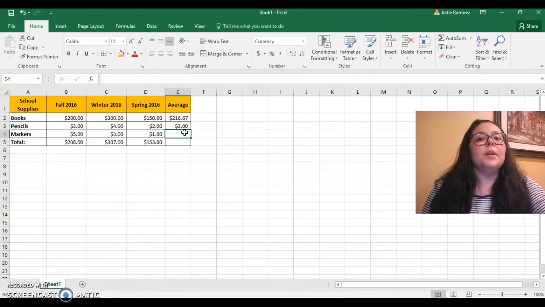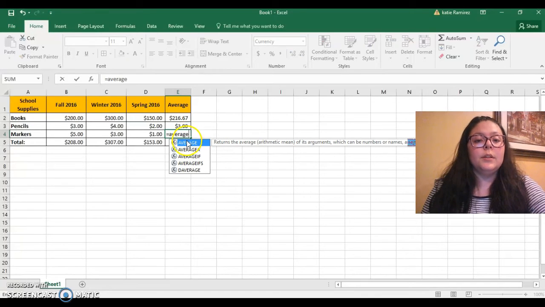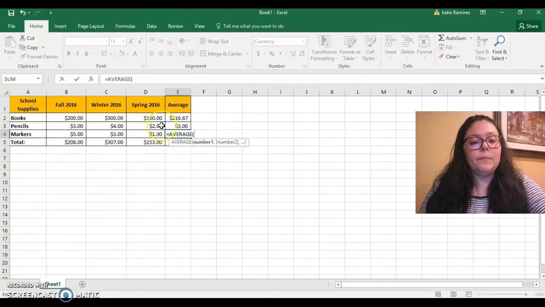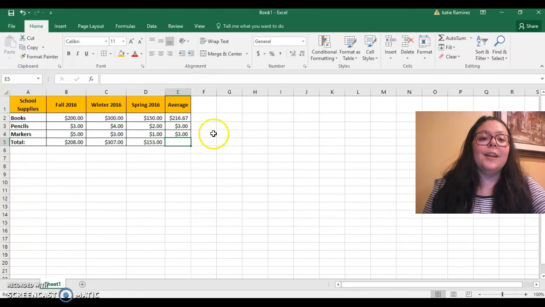But once again, let's say you want to learn how to write the function out manually. What you're going to do is type equal, write average, click it. You're going to see the bracket, and you're going to tell which cells you want to find the average for, which in our case is B4 colon D4. And you can always tell which ones you're going to total or find the average for if it shows that it's highlighted. So once you're done with the formula, you're going to click enter, and it should give you the